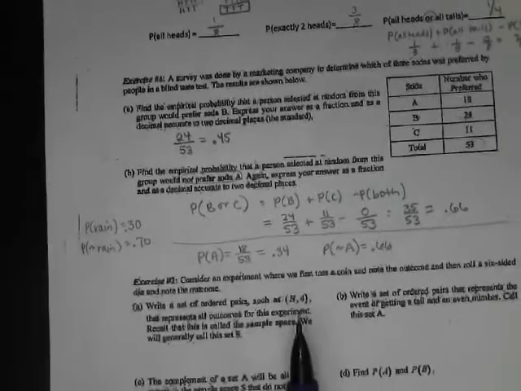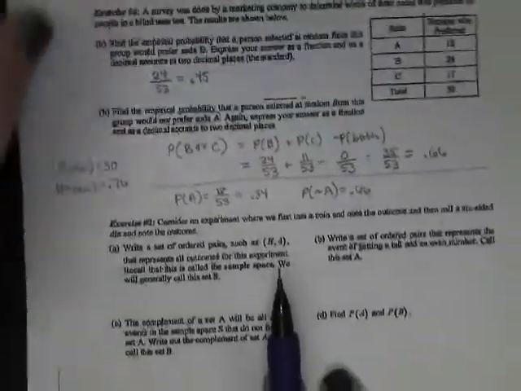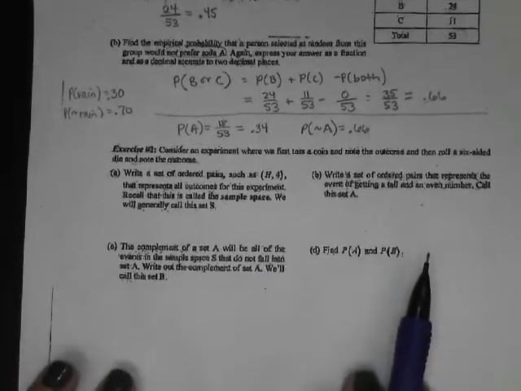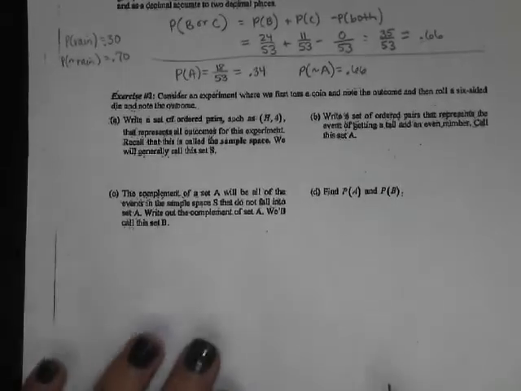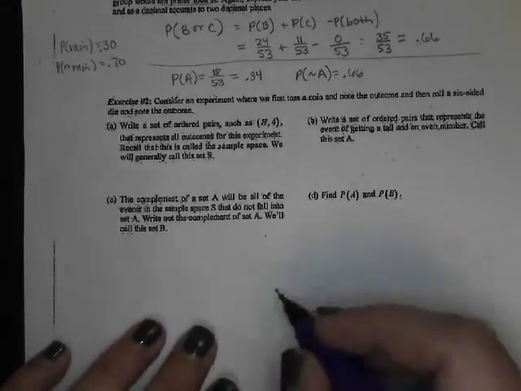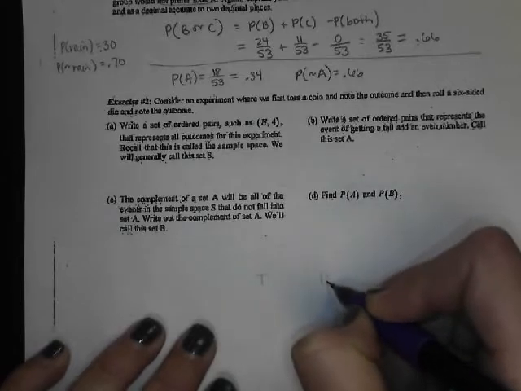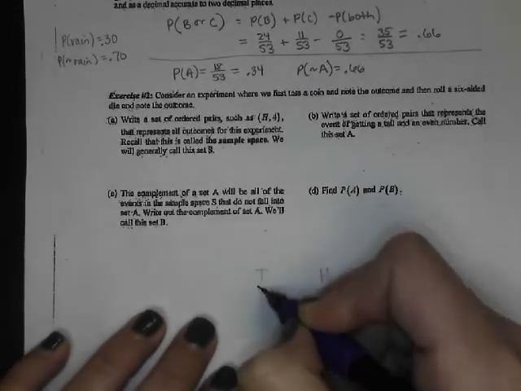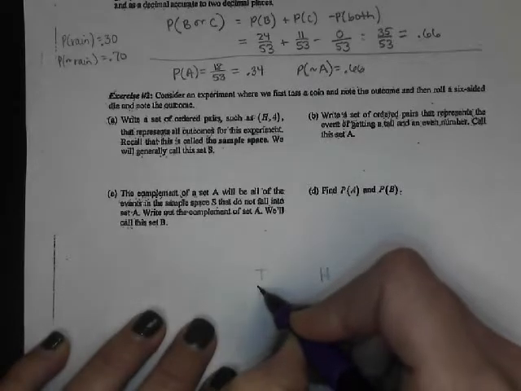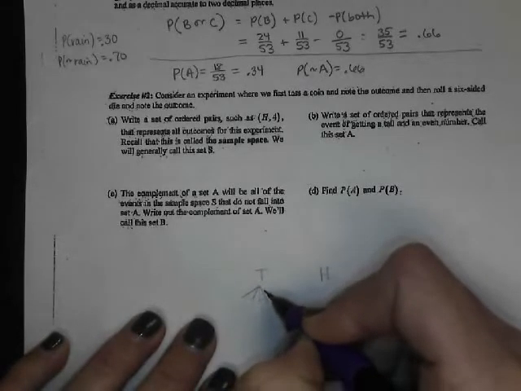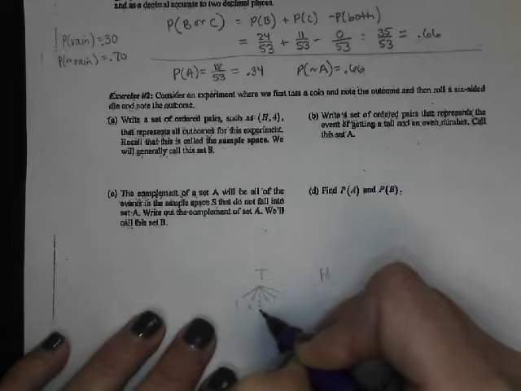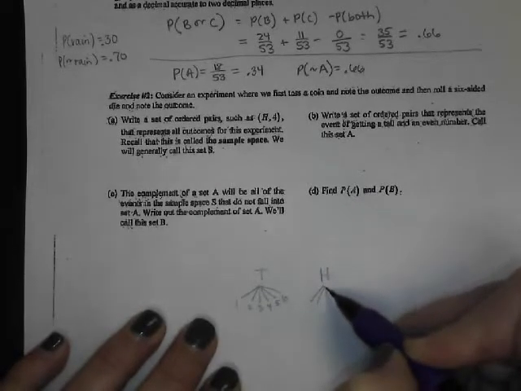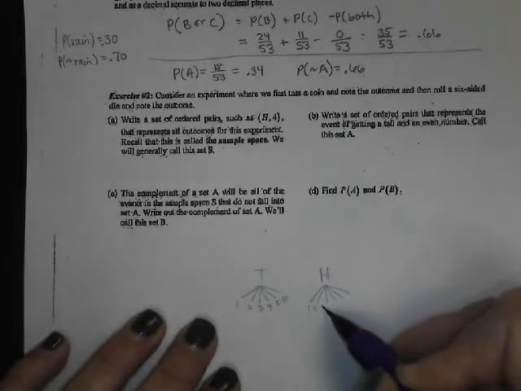Okay, and on our last exercise here, we're considering an experiment where we first toss a coin and then roll a 6-sided die. Okay, so if I'm going to quickly wrap my head around what's going on here. My first event is tossing a coin, so I'm going to get tails or heads. Once I get a tails, pretending, I'm then rolling a 6-sided die, which means I'm going to roll a 1, 2, 3, 4, 5, or 6. If I get a heads first and then roll a die, again, I'm going to get 1, 2, 3, 4,